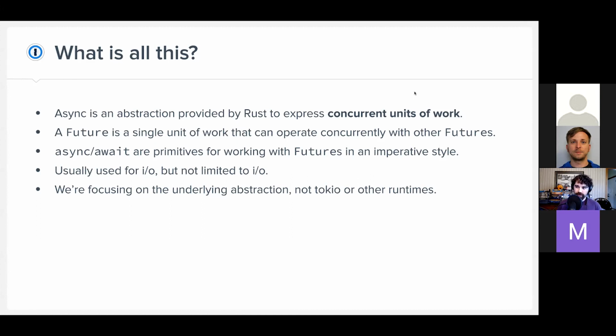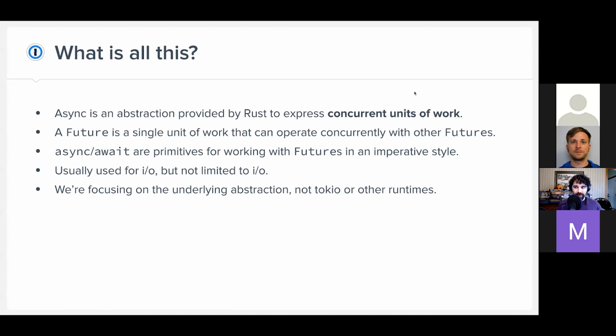Async await. So we talk about async functions, async blocks, awaiting, the await expression. Async await are syntax primitives, language primitives that interact with futures and let you build up bigger futures and use futures in a style that reads very naturally. But they are sugar for just the futures again.